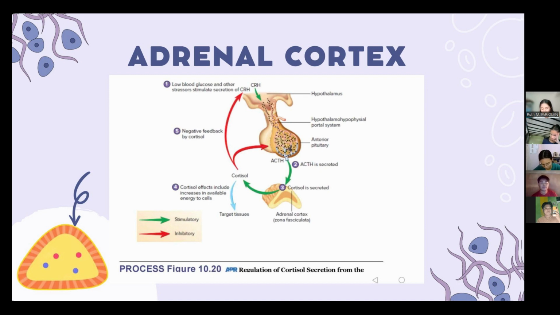The middle layer of the adrenal cortex is very sensitive to ACTH, which binds its membrane-bound receptors. The adrenal cortex increases cortisol secretion. Cortisol acts on target tissues, resulting in increased breakdown of lipids and proteins, higher glucose levels, and increased inflammatory effects. Both ACTH and cortisol act via negative feedback to inhibit CRH secretion by the hypothalamus.